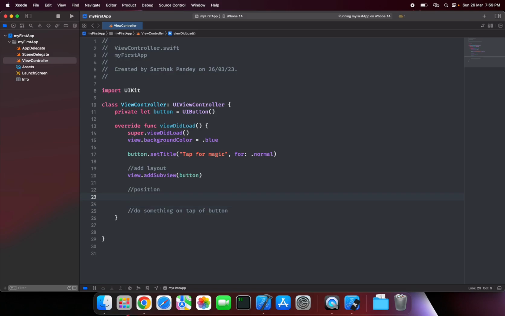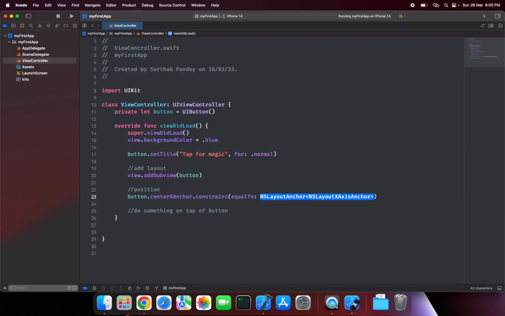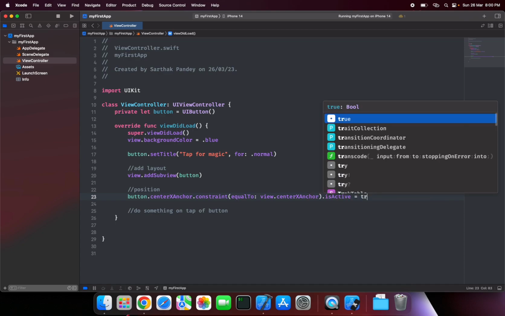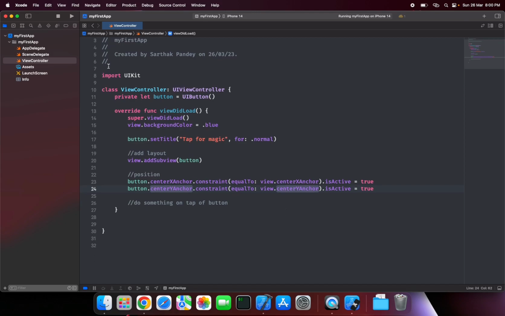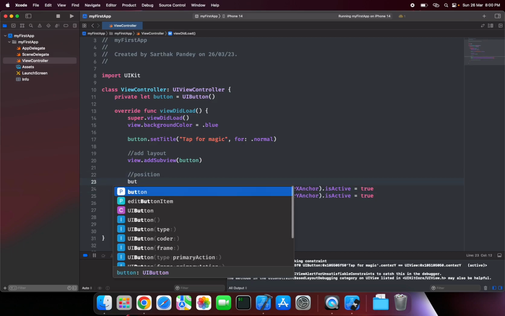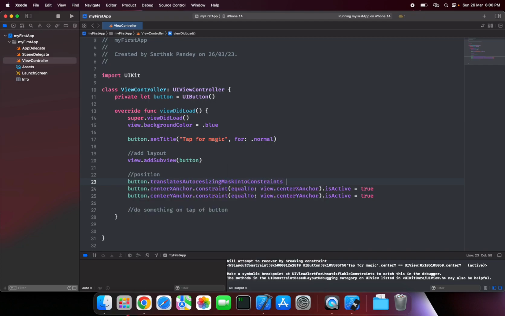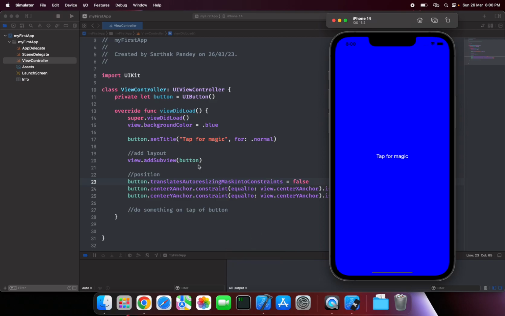then we need to position it. We'll use constraint layout for that. So we'll position it in the center of the screen, centerXAnchor constraint, and we can do centerXAnchor of the view, and we also make this constraint active. Let's just do the same thing for Y anchor as well. So let's just replace X by this Y, and let's just try to run this code first to see what happens. Okay, we don't have the button. Why is that? Oh yeah, to access the constraint layout, basically to make it work, we need to also do this. Yeah, so as you can see, now we can see the button,